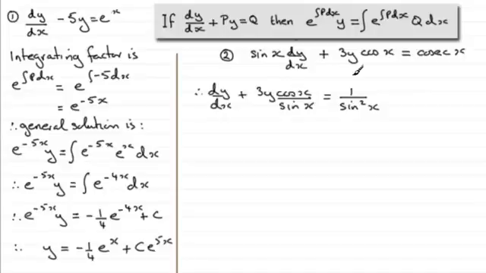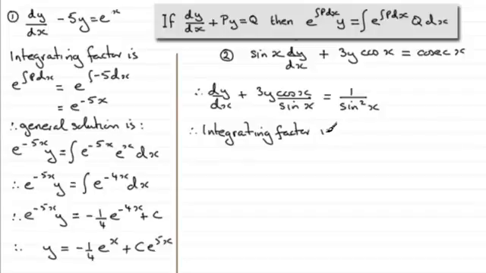Okay, so it's now got this particular format, and you can see that p, which is a function of x, in this example is going to be 3 cos x over sine x, and q is going to be 1 over sine squared x. So we next need to work out what our integrating factor is, that is e to the integral p dx. So let's say that therefore the integrating factor,